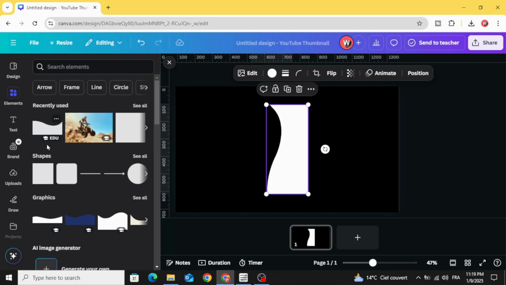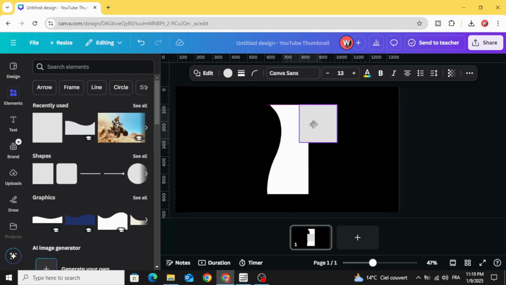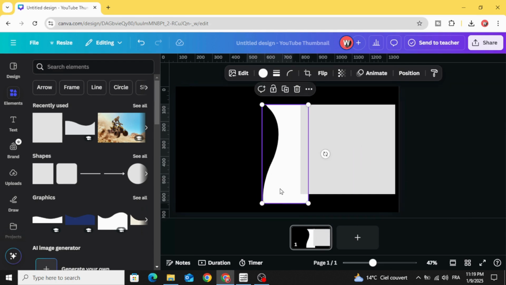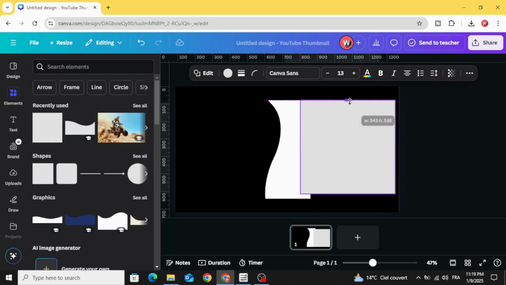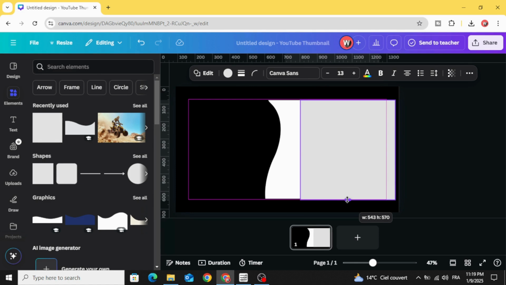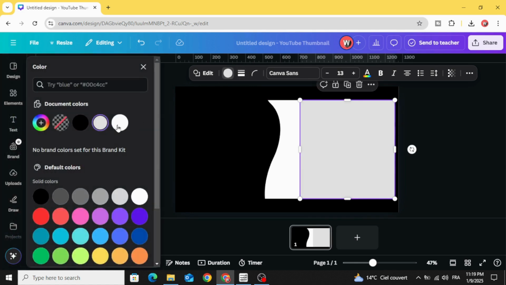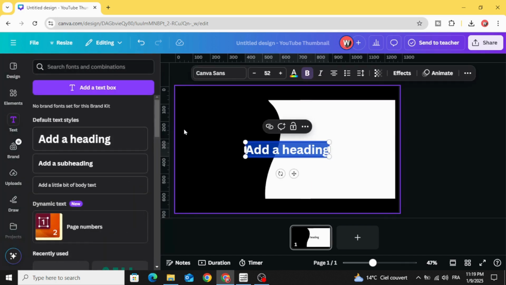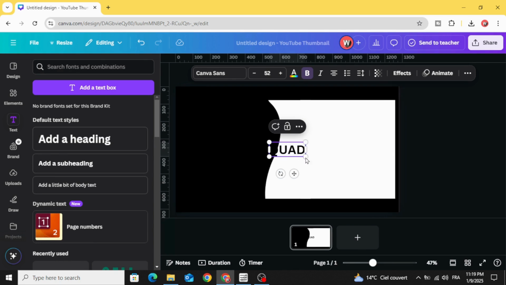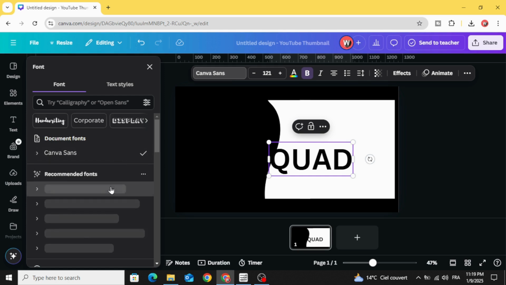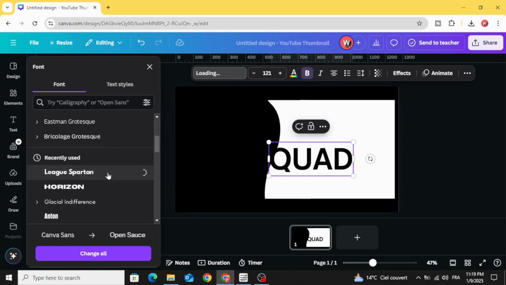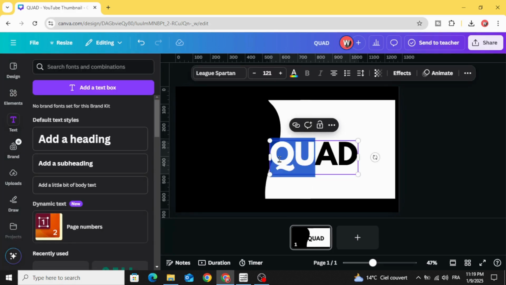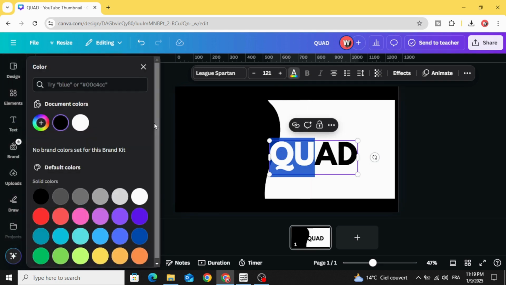Go to elements, shapes, and click square. Let's resize it like this and change the color to white color as well. Go to text and type your text and change the font and change the color of this first letters to white color